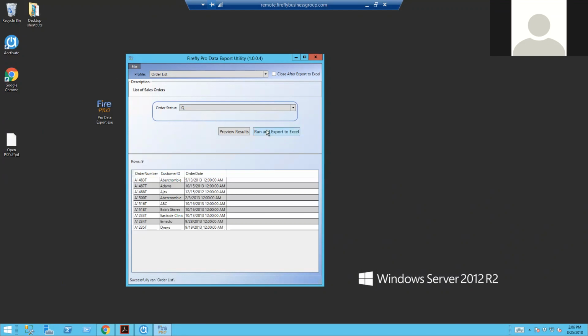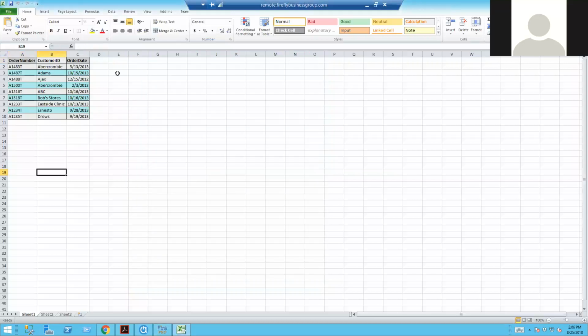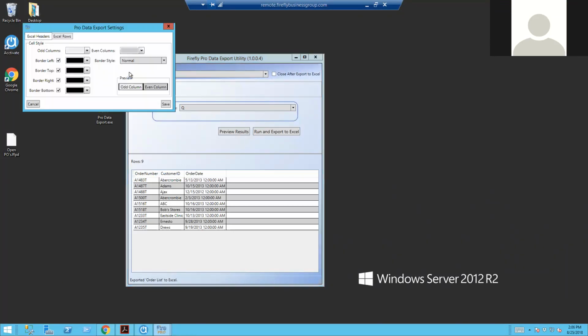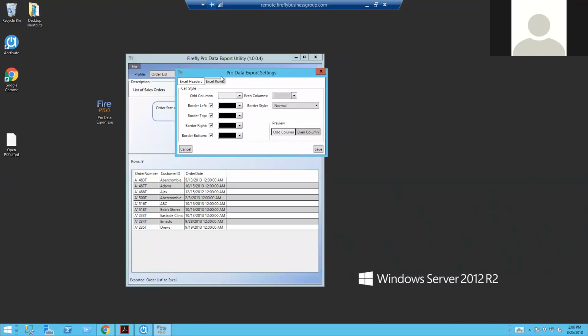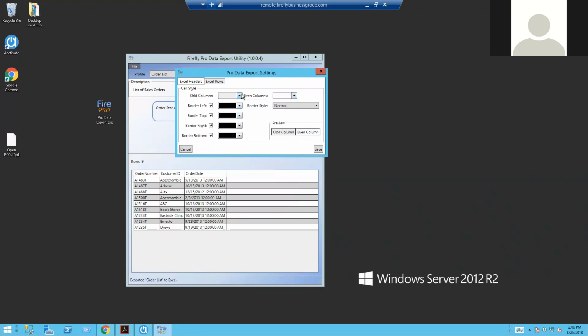Now, one thing I want to show you: when I run and export this to Excel, mine has this possibly unfavored light blue color and maybe the gray at the top. So what you can do is go into options, and this is a per user experience, where you can say, so this is my header, my odd columns have no color, my even columns have a color, but let's just say we have no color on